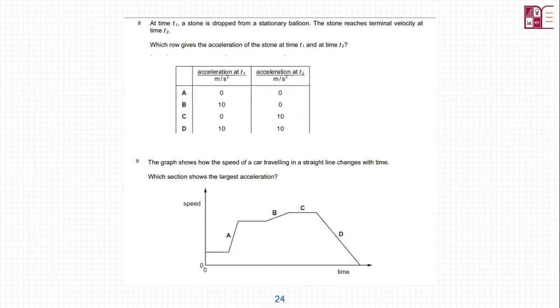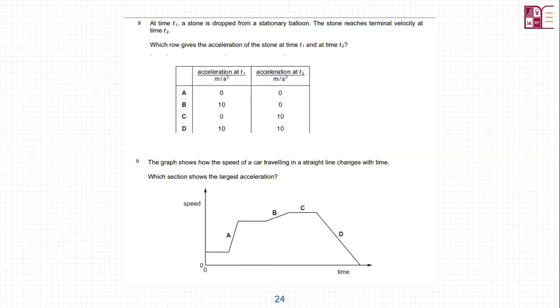At time t1, a stone is dropped from a stationary balloon. The stone reaches terminal velocity at time t2. Which row gives the acceleration of the stone at time t1 and time t2? When the stone is dropped, the acceleration acting on that stone would be 10 meters per second square. Even though the velocity would not have increased as yet,